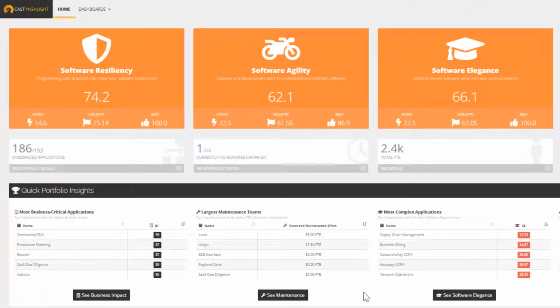Resiliency is a measurement of how reliable or robust an application is based on software engineering industry best practices. Agility is a measurement of how easy it is to maintain or upgrade an application. Elegance is a pure complexity metric. These first three metrics we collectively call our health metrics, and we'll see how they come into play during a